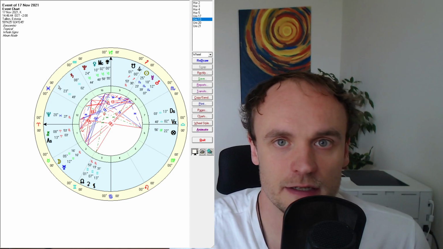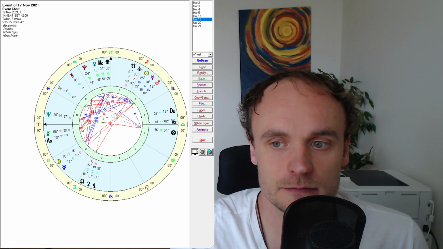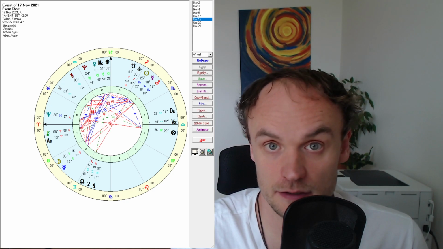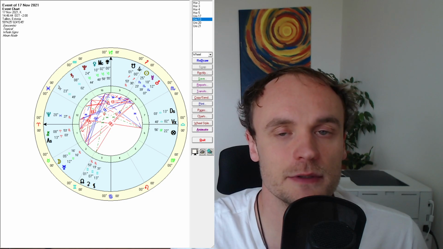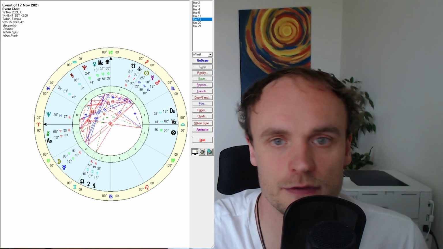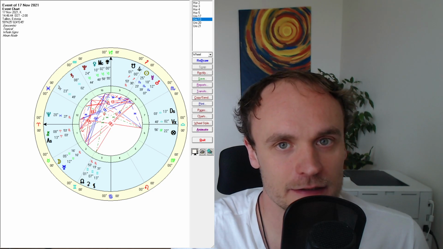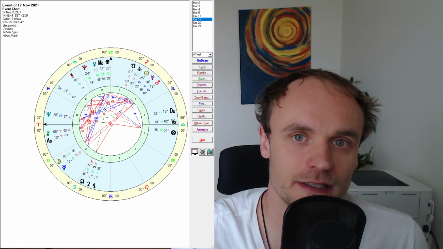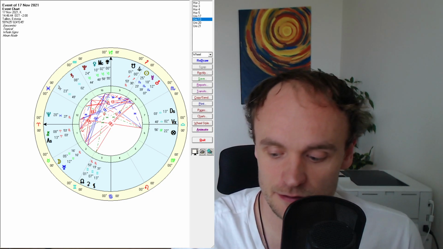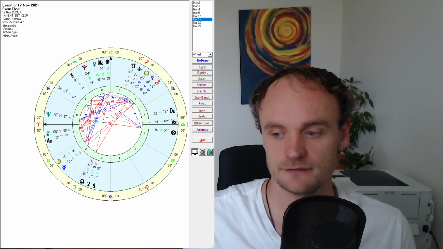As always, let's start with the quality and elemental side of this sign. From a quality perspective, Capricorn is cardinal, so it is action oriented. Remember, guys, cardinal is more full of action, wanting to initiate, wanting to do things type of energy. And on the other side of the Capricorn coin is the element, which is earth. If you remember from one of my first videos, an earth sign is very slow moving, very grounded,